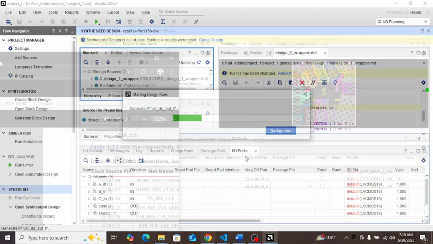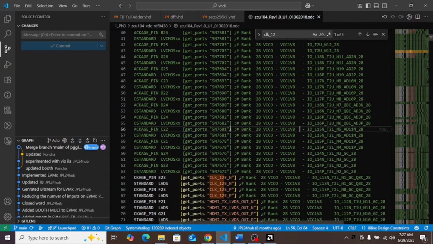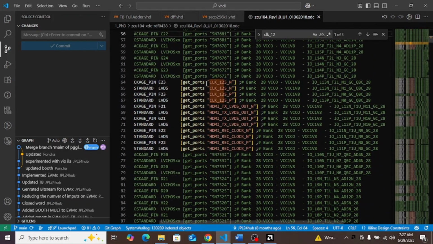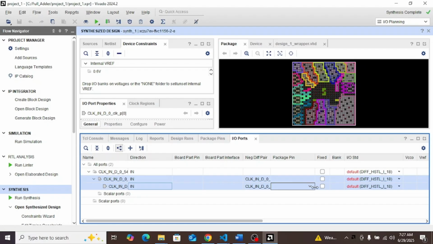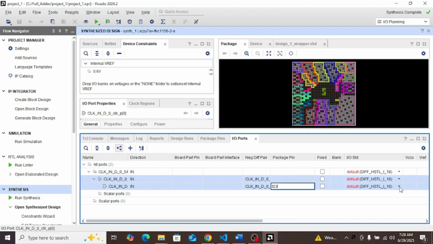So when our synthesis is complete, we will need to set our clock. Here on the sheet it tells us that it is H11. However, in this general sheet it tells us that it is F23. So we're going to use F23, and we're going to select this as LVDS